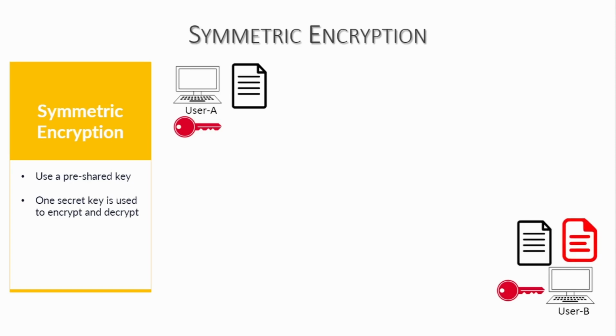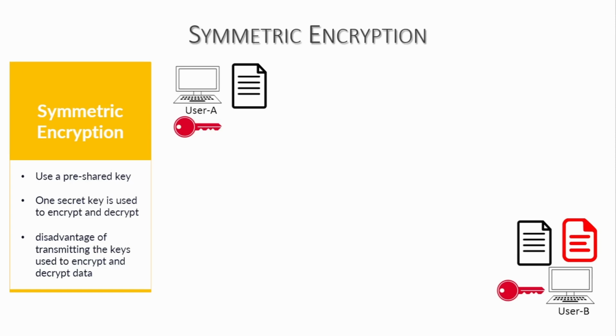in plain text. But the downside to symmetric encryption is the need to transmit or send the keys used for encryption and decryption. If someone gets their hands on the pre-shared key while it was being sent to user B, then the third party that got their hands on the pre-shared key will be able to also decrypt the data just like user B. So because we can't ensure that the key was not intercepted, this method of encryption is